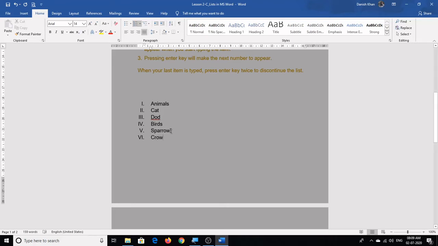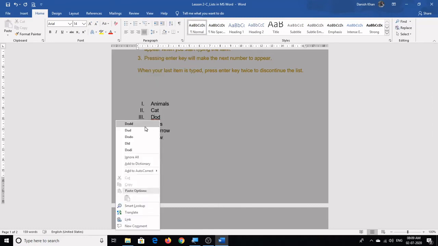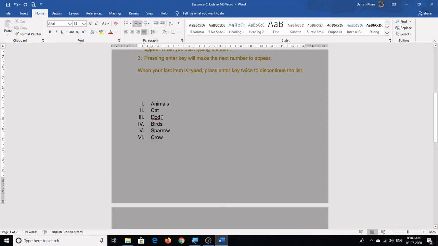Now one method of making it a multi-level list I had shown you using this multi-level icon. The second method is you create, sorry my spelling mistake is over here, it's not dog, it's dog. So I change the spelling. Now I'll select these two items. I'll go to the numbering or the bulleted. Suppose if I want bulleted, I'll go to bulleted and click on bullets. Similarly here, can you see?